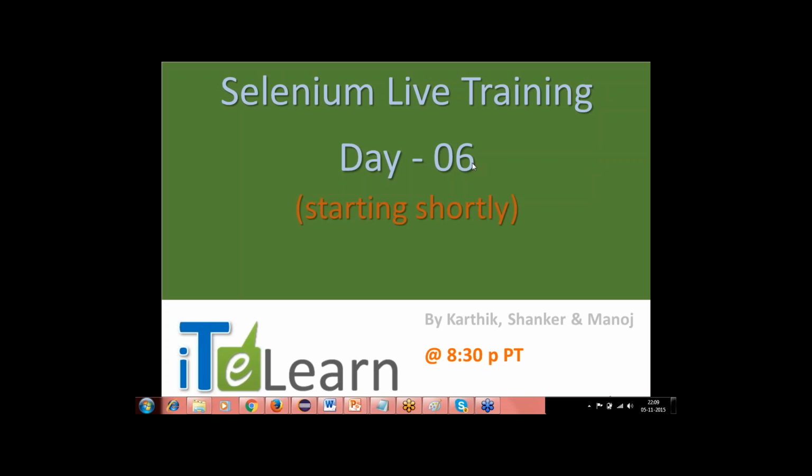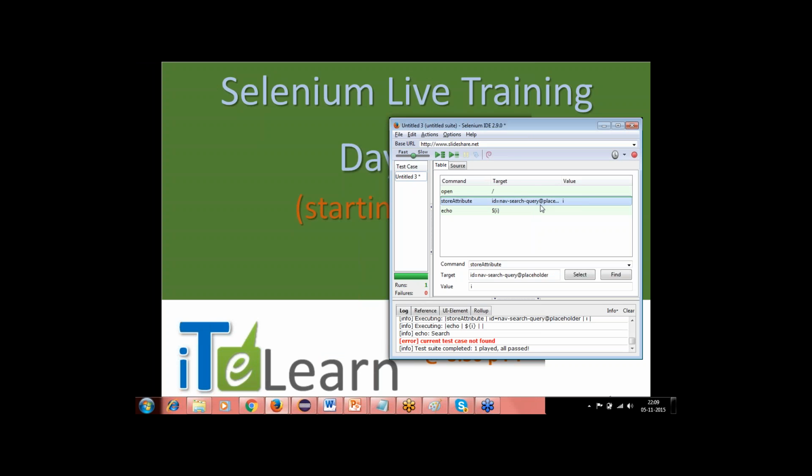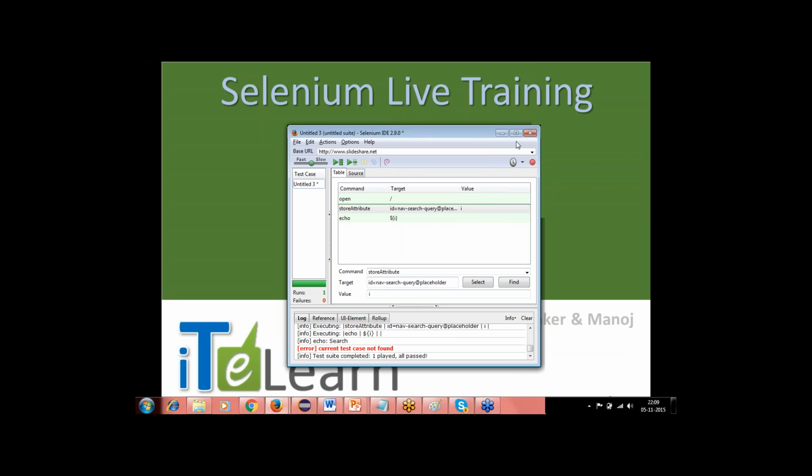And then tomorrow we'll go to WebDriver and look at different locator identification strategies, how an object can be identified in WebDriver. There are about 8 different ways we can identify an object, so we'll be covering that in tomorrow's session. So I'll go from the very beginning, like how you guys have started with IDE and how